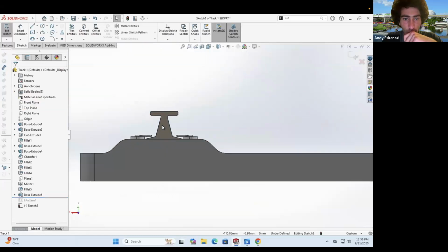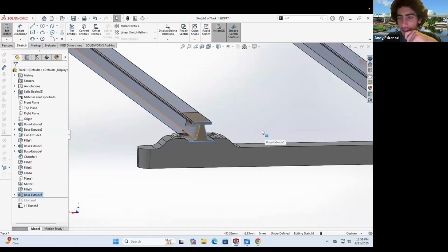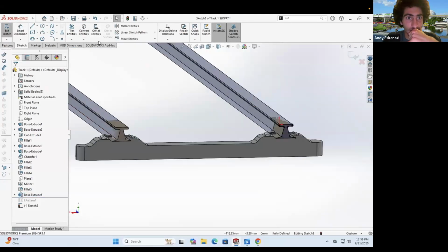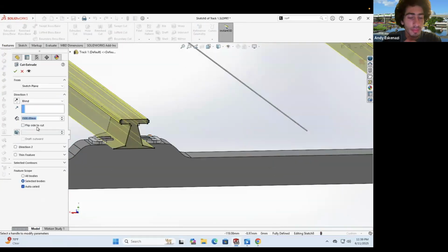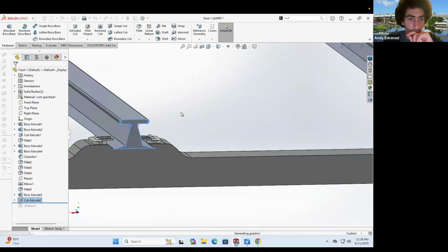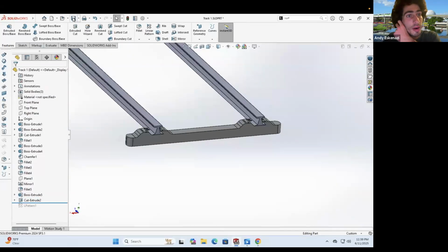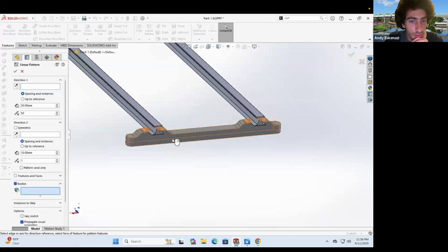Then I'll go here. I'm gonna convert the entities. I'm doing something interesting. I'm not sure whether this is gonna work, but we'll see. And I'm gonna extrude that by 30. Selected bodies. No, I want to extrude from here. So now you see that we have two bodies, the rails pretty much and the sleeper. And that's fine. It's gonna be convenient because now if I do a linear pattern of bodies of this guy,